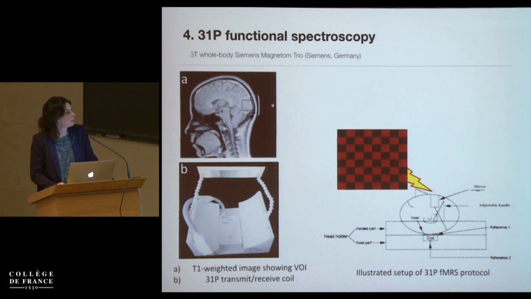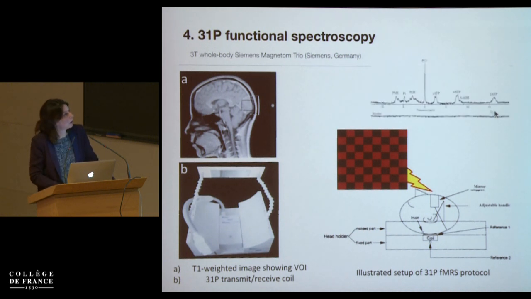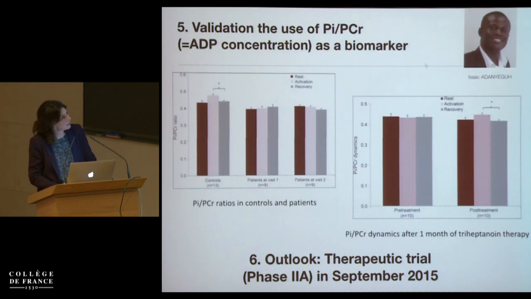And we put up functional spectroscopy in the brain, because that's where the disease is happening. It took some time to figure out what was the readout we wanted to look at, the ratio between inorganic phosphate and phosphocreatine. And this is the work of Isaac, who showed that this marker, if you do it in controls,